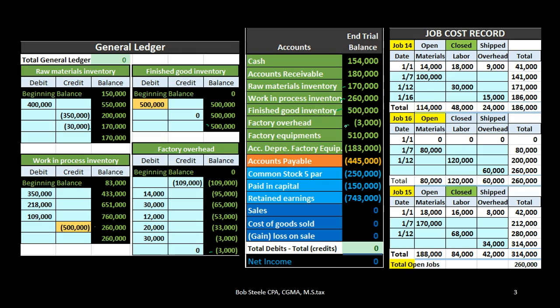A job cost system also wants to track the jobs that are related, because once we sell the finished goods, we need to know not just what the cost is in total, but the cost per job, so that we have a format of selling that particular job. And therefore, we're going to break the same information out by job. So we have job 14, 15, and 16 here. We've got the materials, labor, and overhead related to the jobs. Only open job being job 16. So this 260,000 open job is what should be